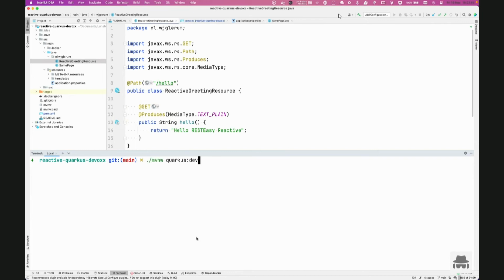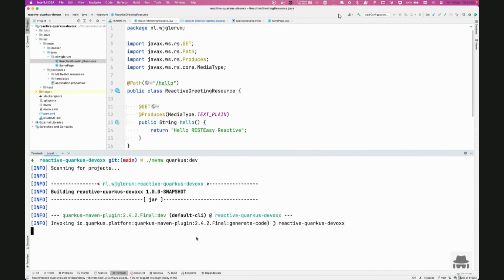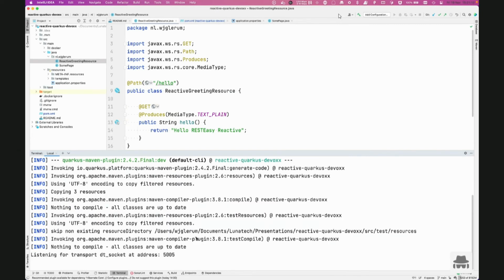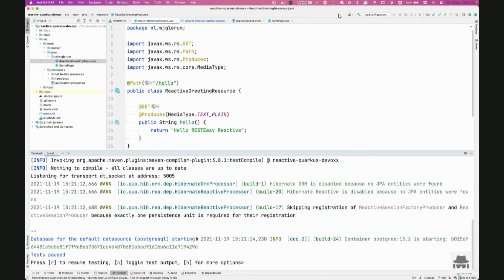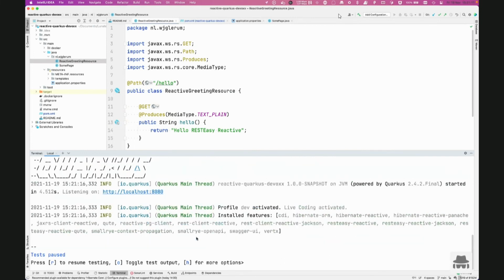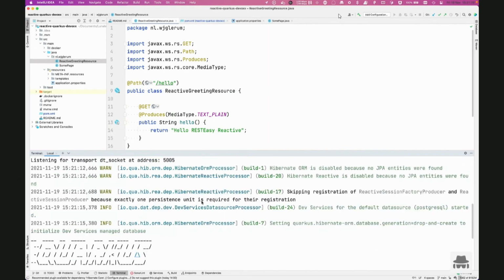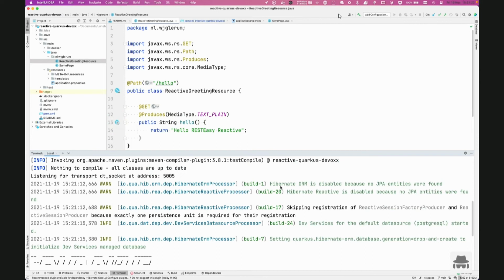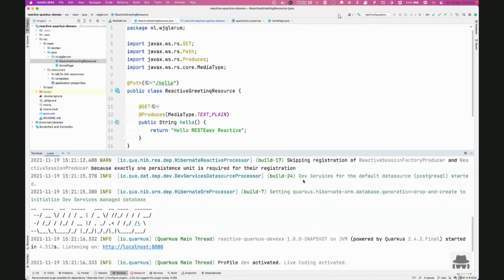Now we can also run the application, simple Maven Quarkus dev. And when it starts up, it's going to start my application. And it provides me some goodies as well. The first thing that's nice, now the Hibernate ORM is still disabled because I didn't define any entities yet. That's fine. Hibernate Reactive is also disabled. But the cool thing here is the dev services. Because I defined a Postgres database driver in my POM,